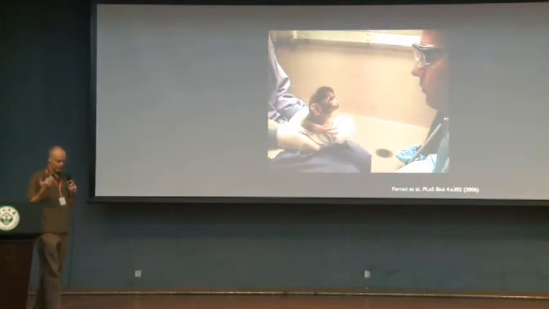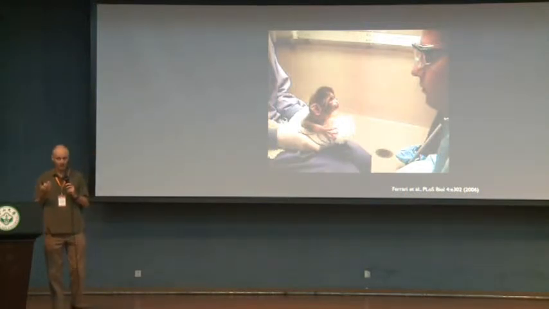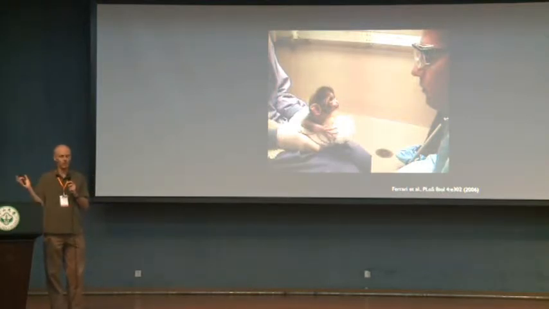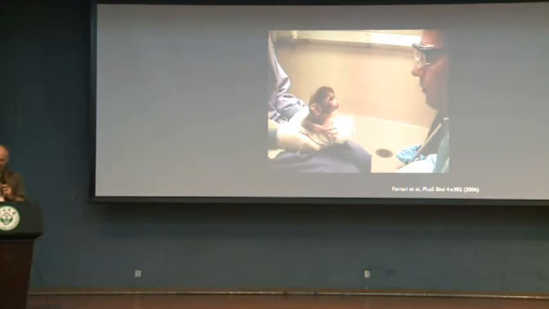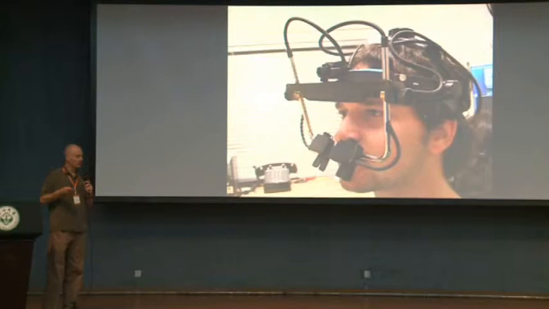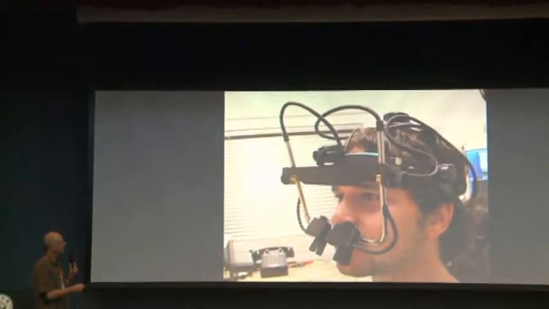And the reason is simple. The reason you look at faces of other people is because they carry important social information. If somebody has a certain facial expression, if somebody is looking at you or looking somewhere else, those are important social cues that you need to pick up. We can measure this and quantify it very accurately in humans using eye tracking. And so nowadays we do this without having to put anything on the head. But this is just to give you the picture of how it would work.